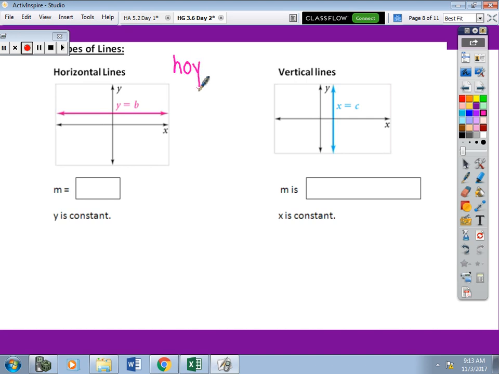HOY. A horizontal line, this stands for horizontal. This 0 stands for the slope is 0. And then the equation will always be y equals whatever the number is. I don't know if this will help any of you, but some students always do it